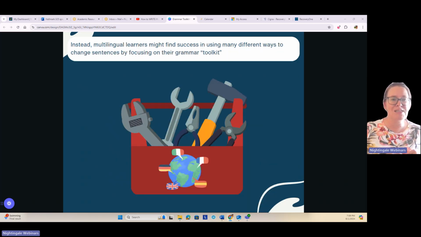But multilingual speakers and writers have another toolkit that we can use as we understand grammar. I know you don't think you understand grammar. If you speak many languages, you're like, oh, grammar is the most confusing part.